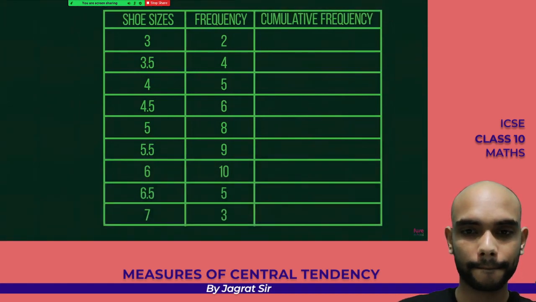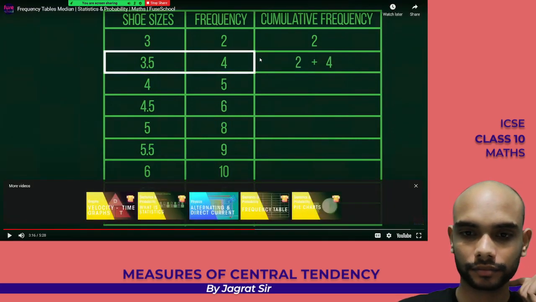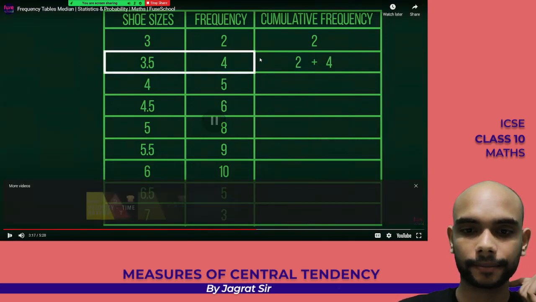The first value will be 2, as this is the frequency of size 3. The second value will be these two, plus the frequency from the next set, 3.5. So guys, what you have to do here is, therefore,